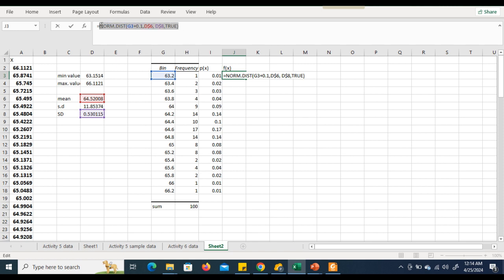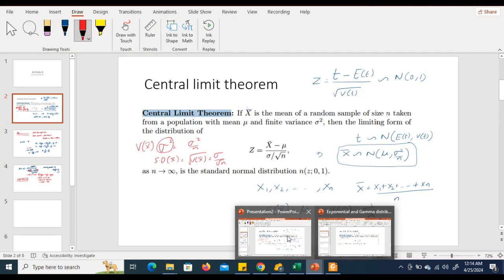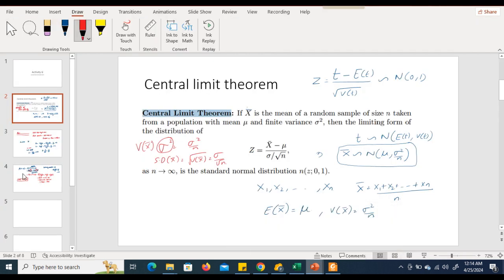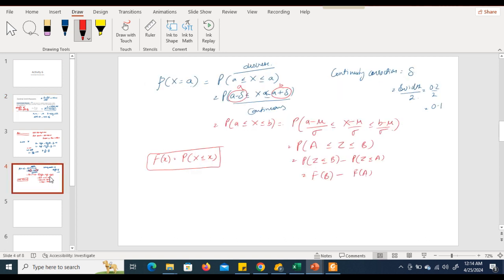Now copy this formula minus, we are going to subtract here. Okay, so like I have already explained here, that how do we calculate the probability here. So for probability, so what is your x upper limit minus lower limit, right? So what is your b here? Here for b, the x is this one, this b is a plus delta,